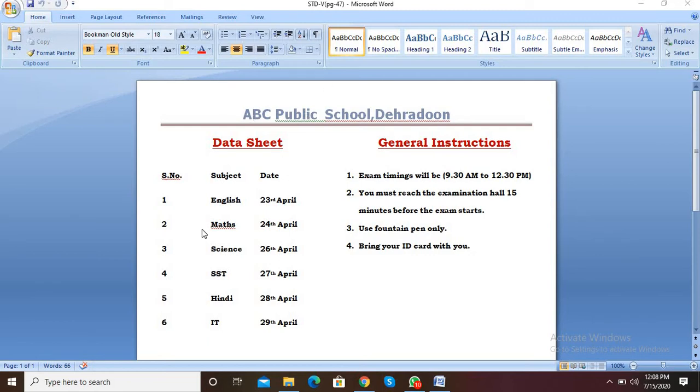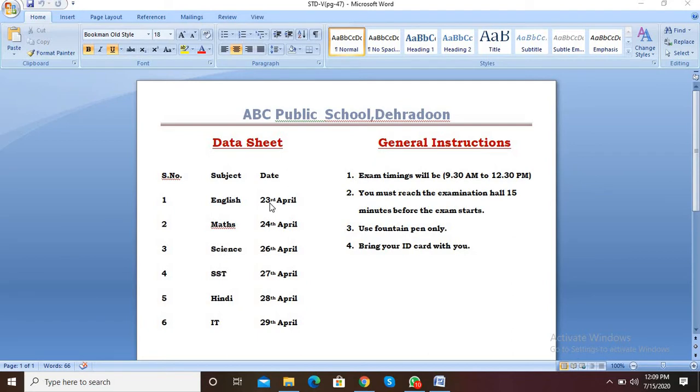Then divide the page in two columns. After that, set the line spacing property as double, meaning the distance between two lines should be double. Then give the heading as Data Sheet, make it bold and underline. After that, font size is 18 and press the Enter key. When you press Enter, the data will shift to the next line, and write the below data.